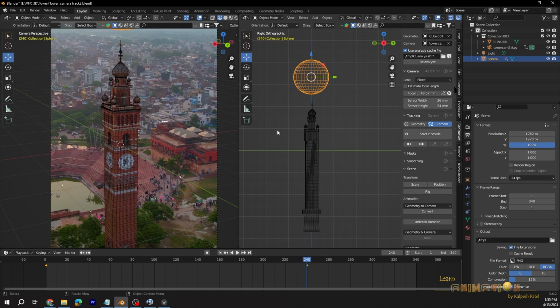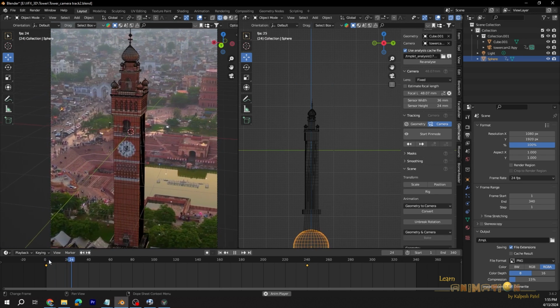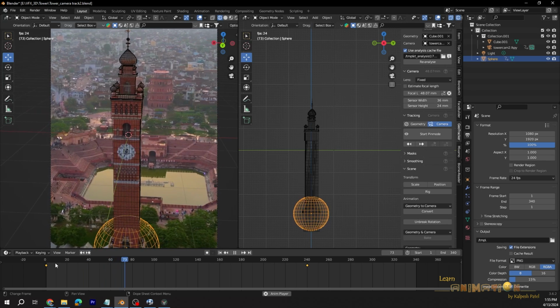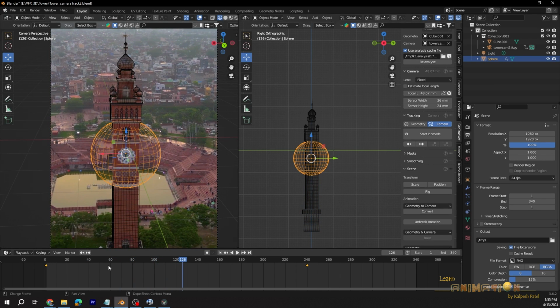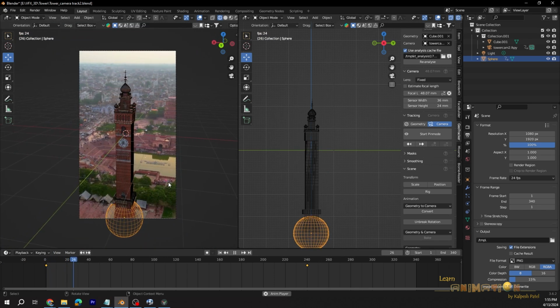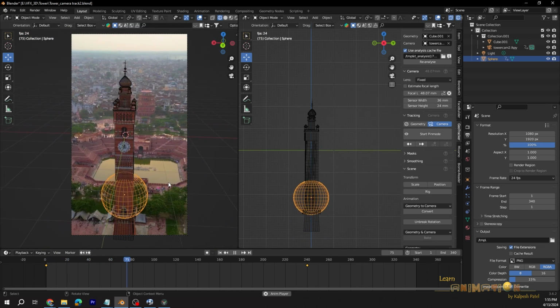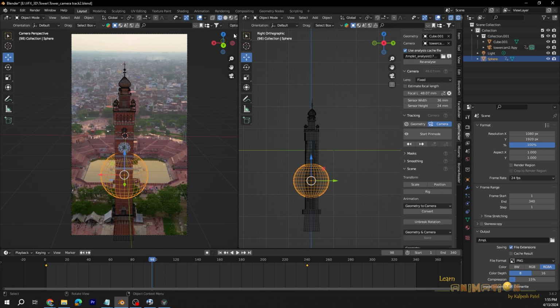You can just create the animation. Then go to the timeline and make it linear so it should not feel slow in and slow out.